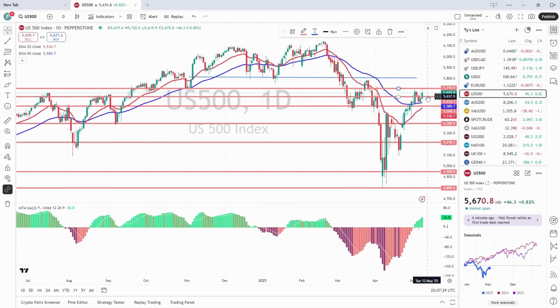So I would look at it next week. If we're trading above the 5,700 next week, I'd be looking for opportunities up to 5,800, which is the next proper target zone for it. If we don't get past the 5,700 and we're rolling over and messing around at this level here,